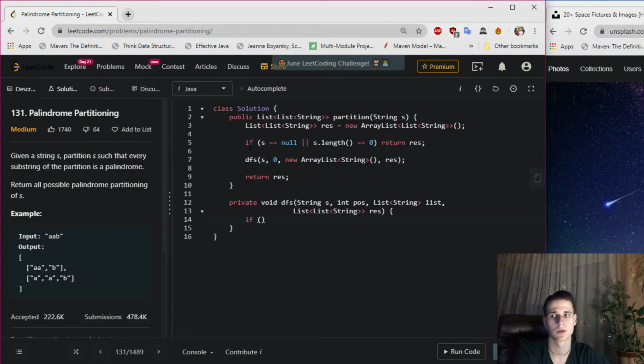At each recursive call, you need to check if an initial position equals the length of that string. You say result.add the current list, and here, of course, you need to make sure that you do a deep copy, right? Not a shallow copy,